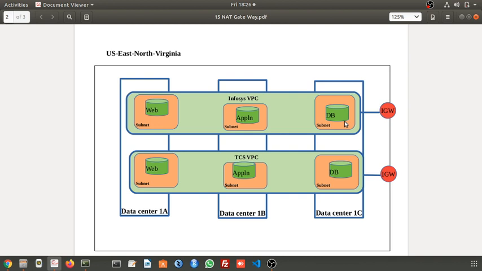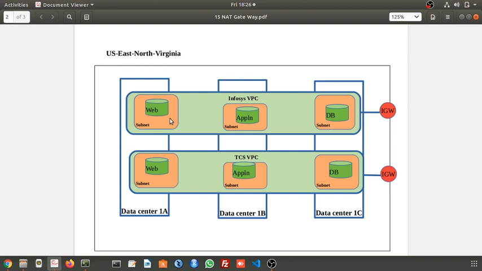So to avoid that, what is required is we have to create a private subnet. In the private subnet, we have to place the important servers like the database server and application server. Generally, the application server holds the business logic, the database server holds the database. The web server contains the static files.